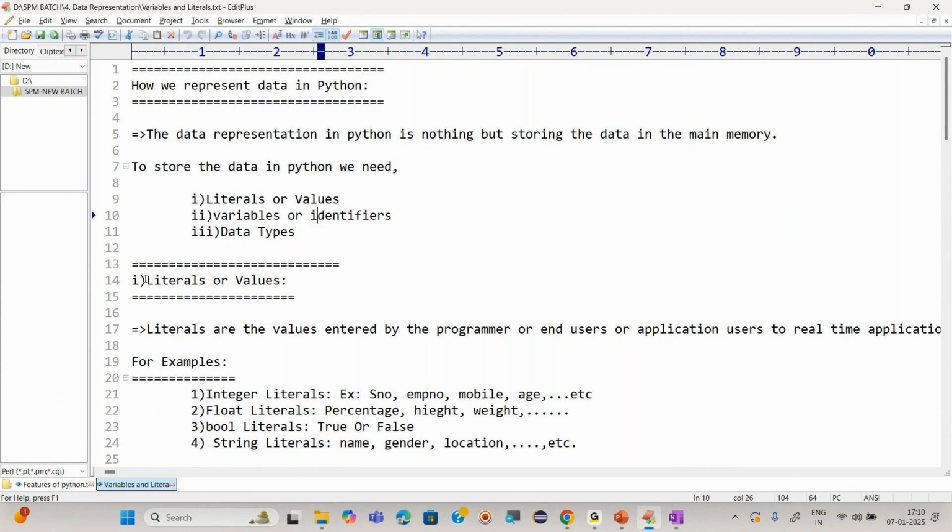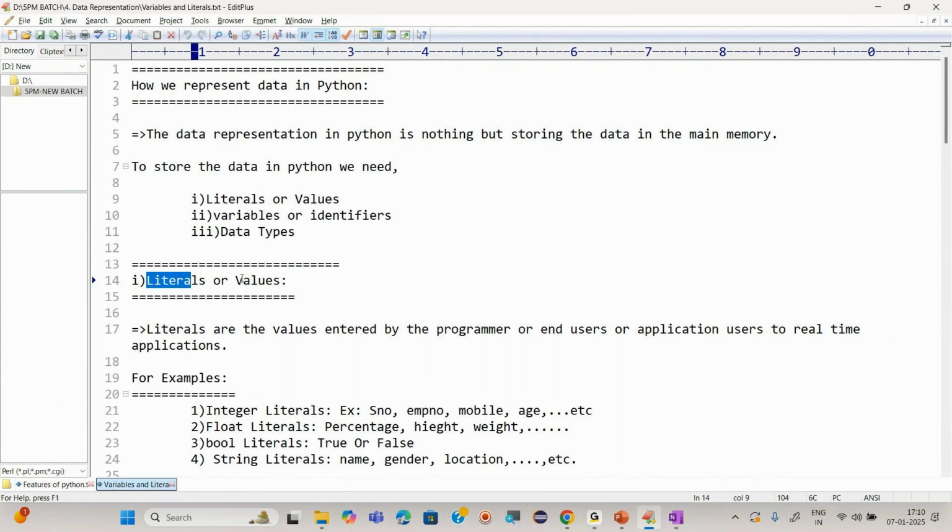First of all, what are literals or values? Literals are nothing but the values themselves, whatever the programmer or the end user or the application user enters in real-time applications.